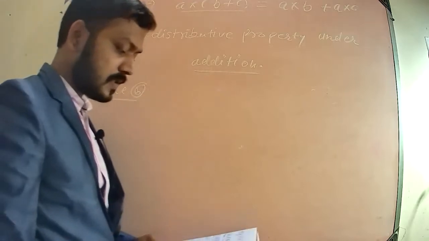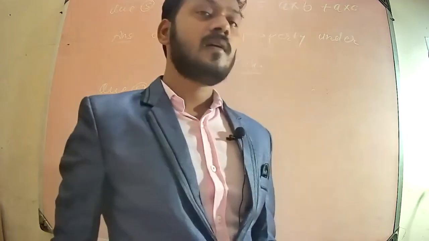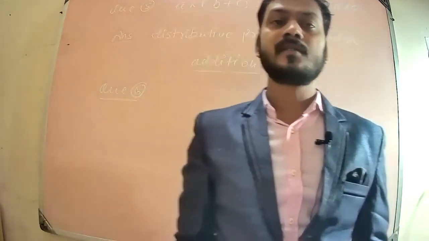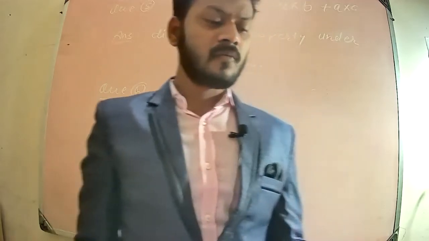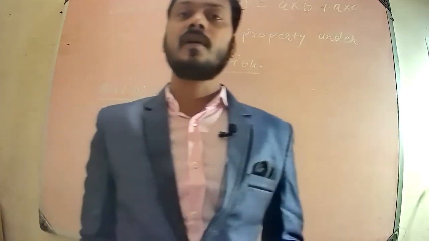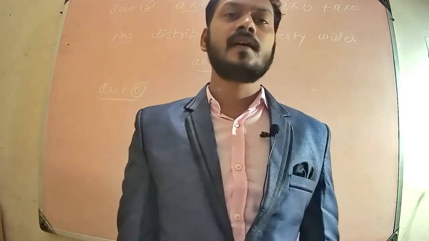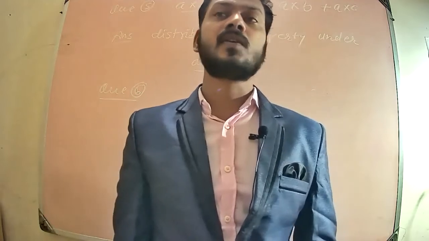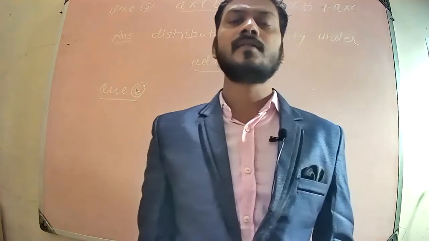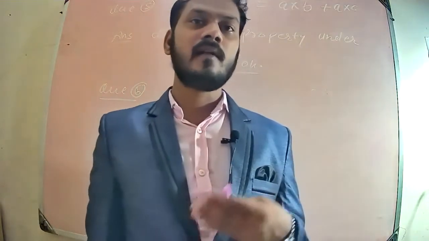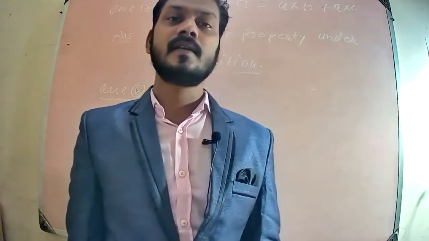Okay, next one, question number 6. Which of the following operations does not follow the commutative property? The answer is none, because from the 3 given options, no one is correct. But what is the meaning of commutative property? Remember that there is a basic difference between the commutative property and the associative property. In the commutative property, generally we observe 2 numbers, but in the associative property, we always solve 3 numbers. That is the basic difference between the 2 properties.